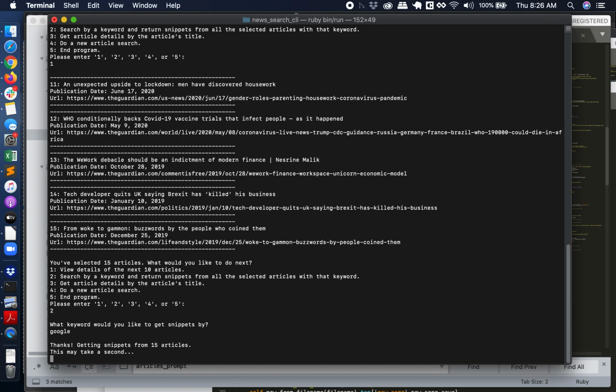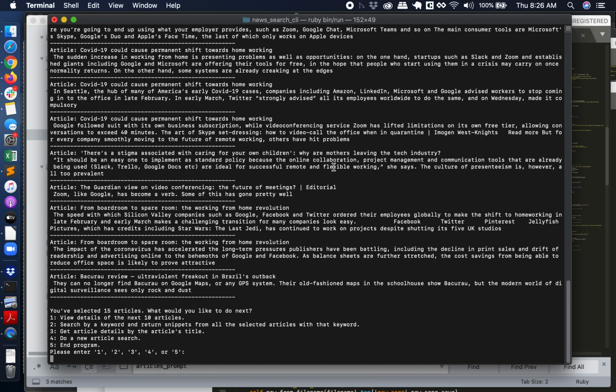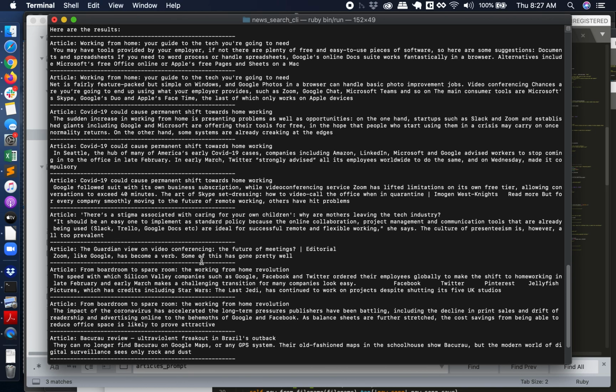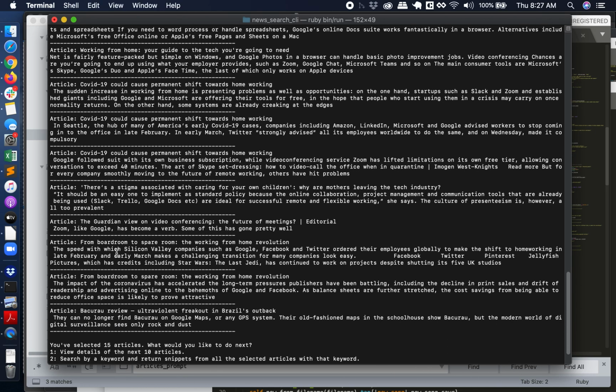This is part of the reason that I limited the amount of articles you could pull. So now here you see we've found 10 snippets, and you can look at these snippets as well as see which article they're from. So there's a working from home one. It's talking about Google. Okay, so this one looks sort of interesting. It's talking about the speed of companies like Google and shifting to home working, and I see that there's a couple of snippets from this article, so I'll highlight that title,